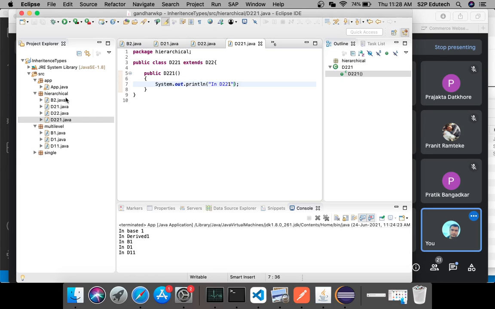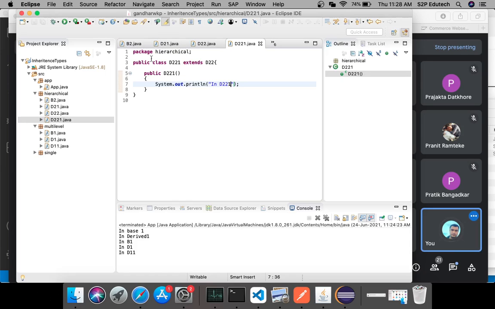Right. So again keep in mind what kind of hierarchy we are creating. It becomes a sort of family tree. How is the family tree? We have one class B2, right? Now B2 has two children, one is D21 and another one is D22, right? Then D22 has another child which is D221, right?